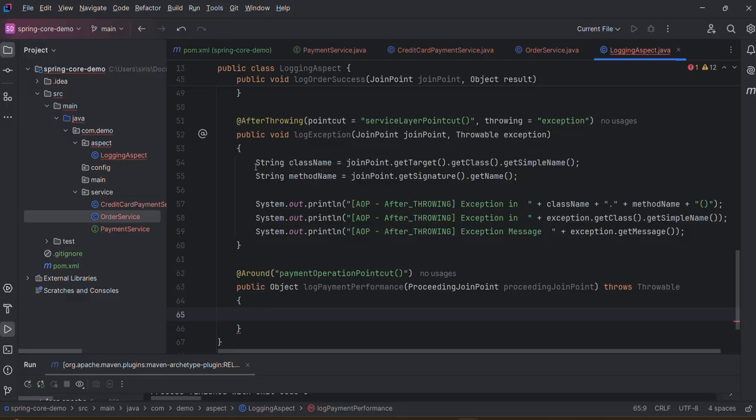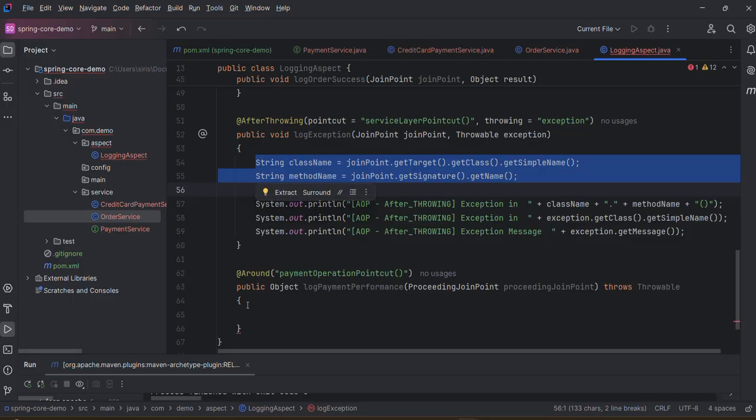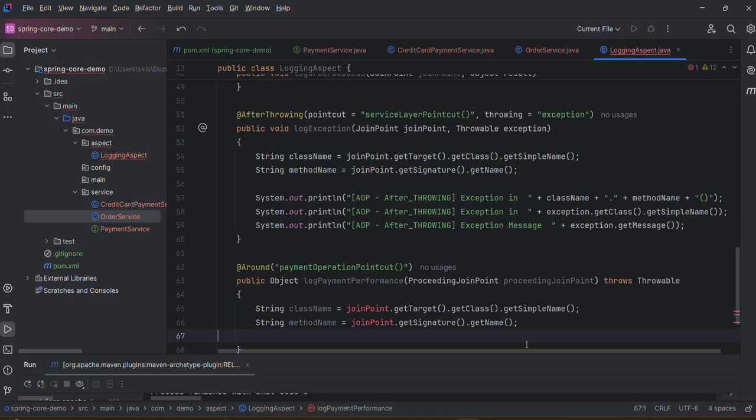We are going to put the name and method same as it is, but instead of that, we are going to